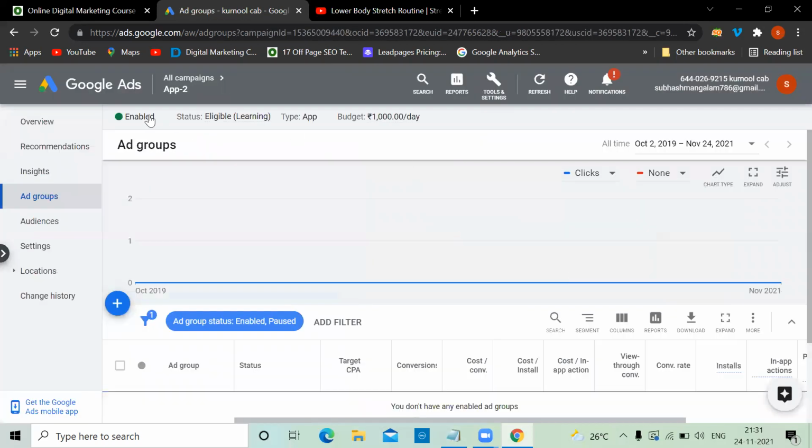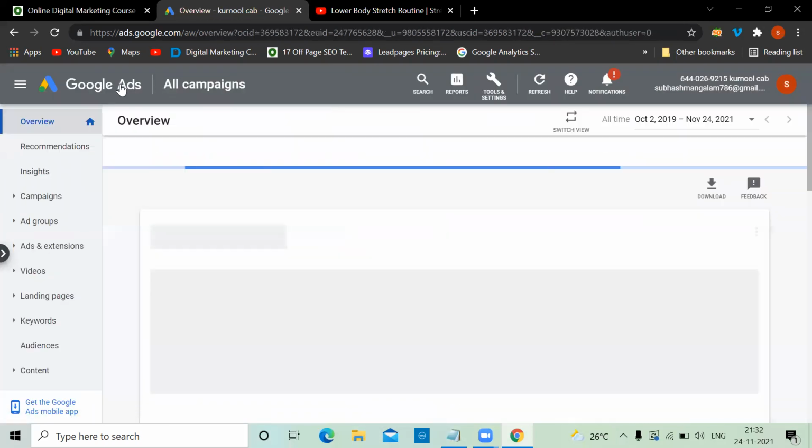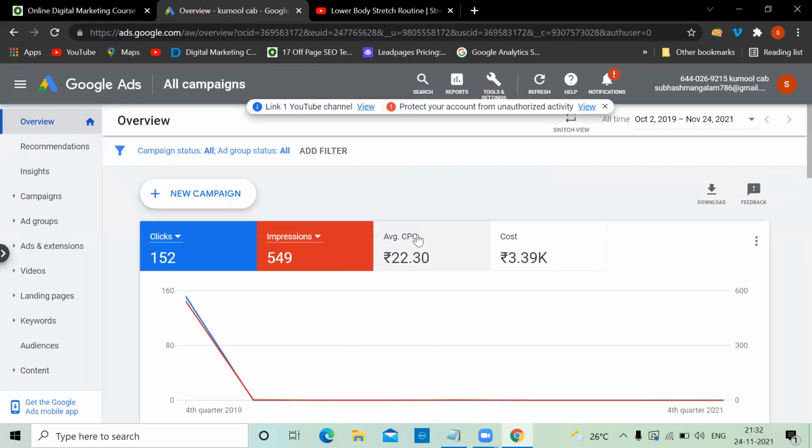That's it, guys. This is about mobile app campaigns. When it comes to search, display and video, there might be a number of options. But when it comes to mobile app campaigns, there are not many options. It's more on trial and error only. So whenever you get a client, initially put a 500 rupees budget for 3 days and monitor the performance. Later, keep on making changes. What's happening, where my ad is appearing, whether my CPI is increasing or decreasing. Based on that, you can change your decisions.